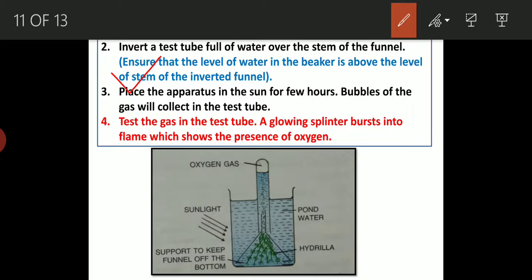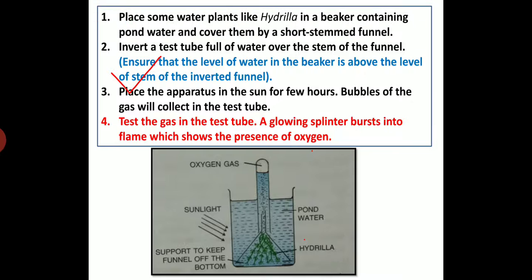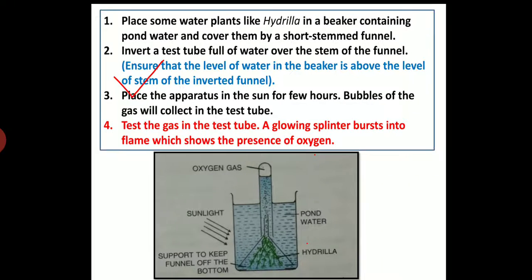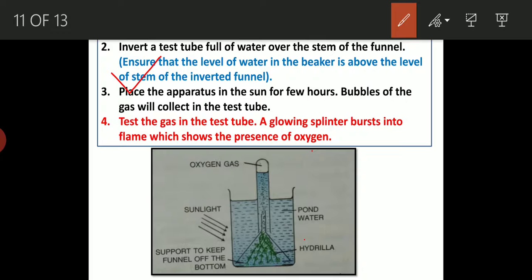Then we need to place that apparatus in the sun for a few hours, and after that we will see here the bubbles are coming. I think you can see that the bubbles are coming, right? Bubbles of the gas will collect in the test tube, above. And if we test that gas in the test tube, we will see that if we take a glowing splinter into this gas, then it will burst into flame. And we know that oxygen actually supports combustion. As oxygen supports combustion and as the glowing splinter bursts into flame, so we can say that this gas is